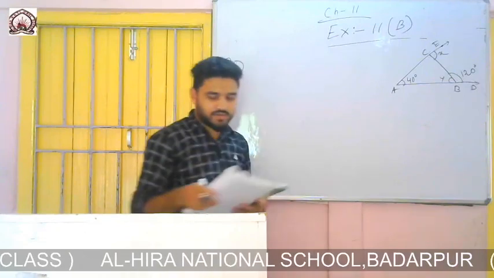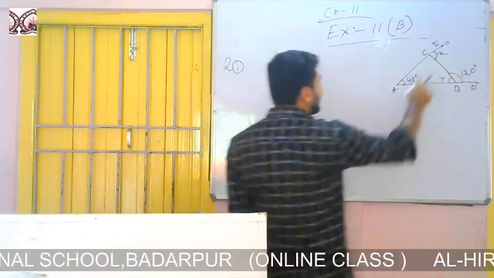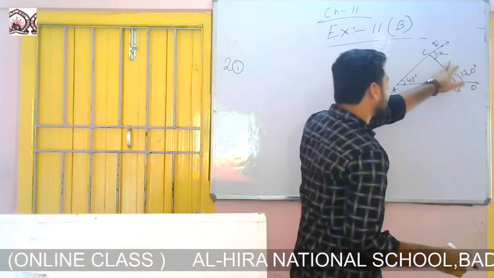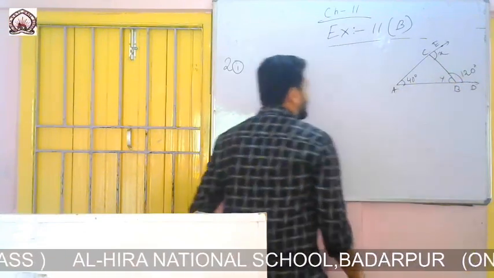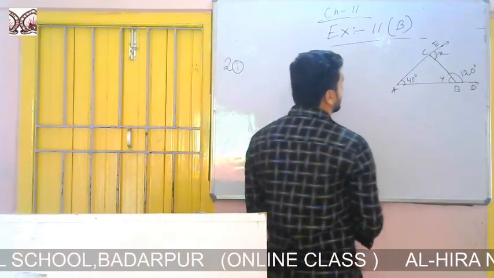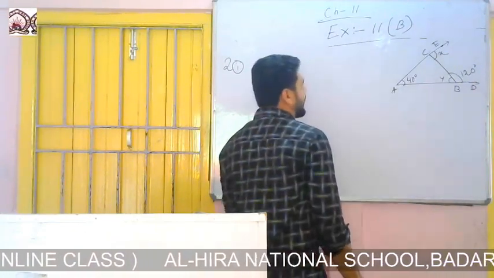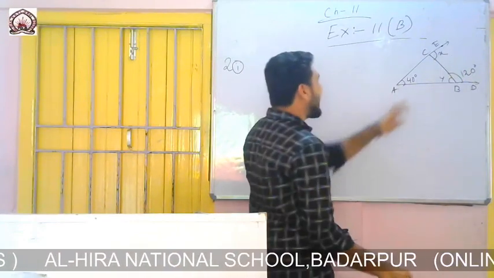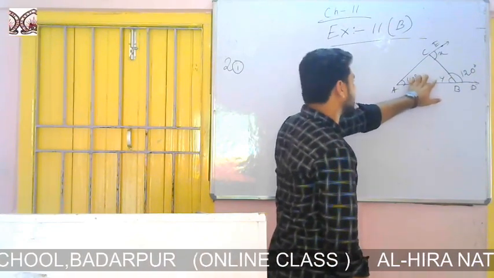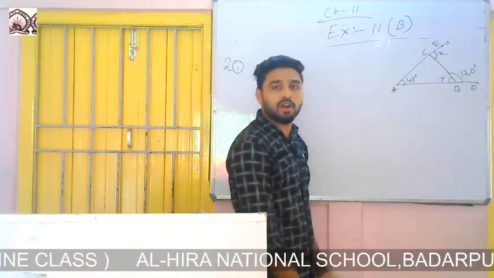okay. So you see, you have to find this angle and this angle. That means you have to find the measure of angle X and the measure of angle Y. So you can see from the diagram, just look at the diagram very carefully. You see, this is the exterior angle of the triangle ABC, okay. To find this exterior angle, we need the measure of the two interior opposite angles, and these are the two interior opposite angles, that means 40 degree and Y.